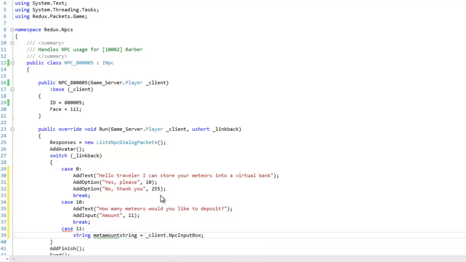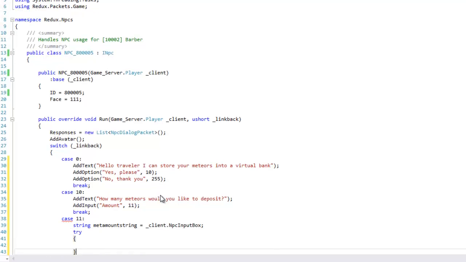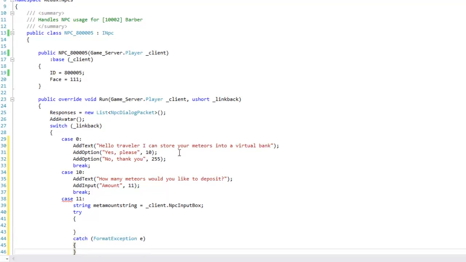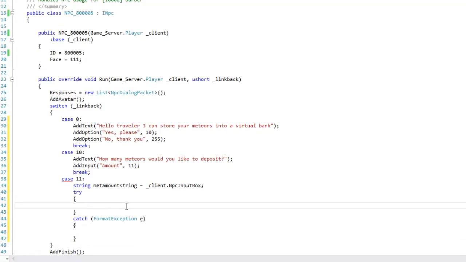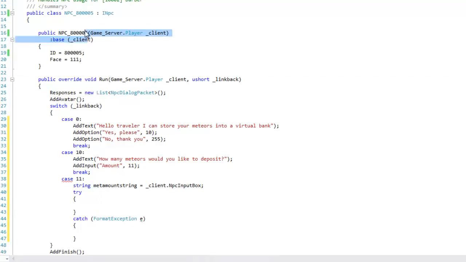client.npc input box, and we're gonna do a try and catch method here to actually see if you can convert it to an integer or not. So format exception E, right? So try. Let me just put in a public integer here. Public integer met amount. So try